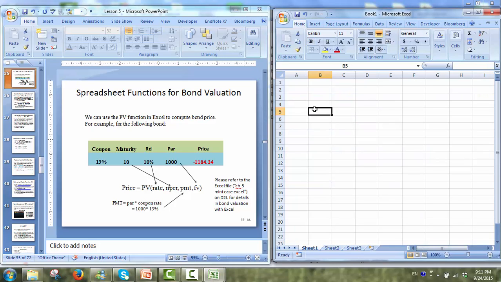834.72. Now let me show you in Excel how to use the PV function to compute the bond price. So for example, if we are looking at a bond with 10-year maturity and 13% coupon rate, and a par value of 1,000. I simply type in equals PV, and our rate is 10%, and 10 payments, each payment being 130, and our future value, or say the final par value, is 1,000. So the price is